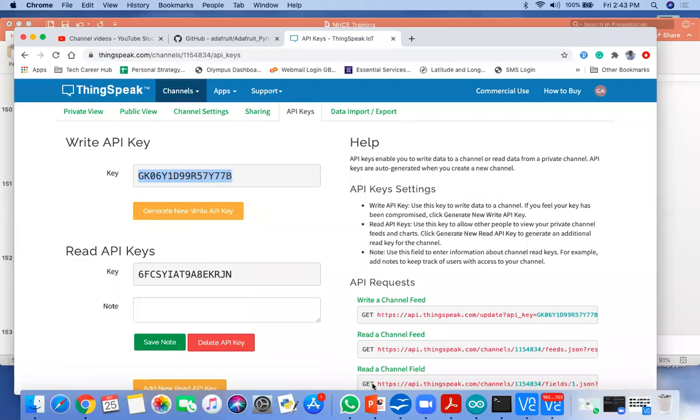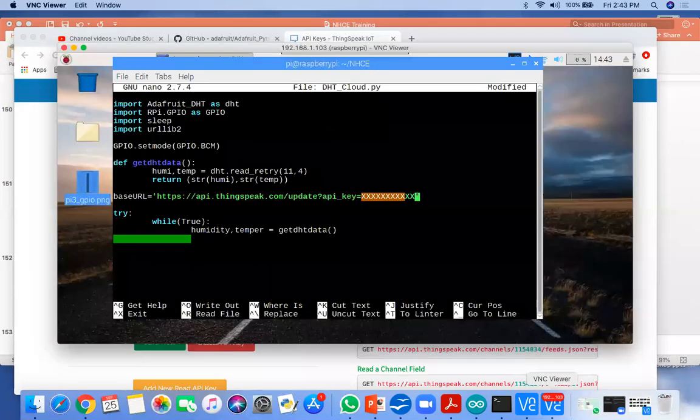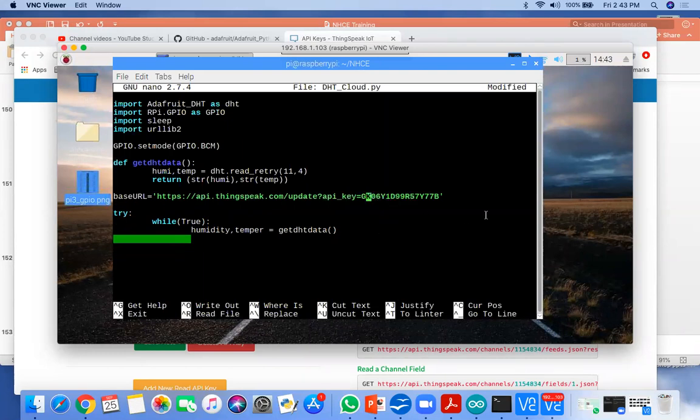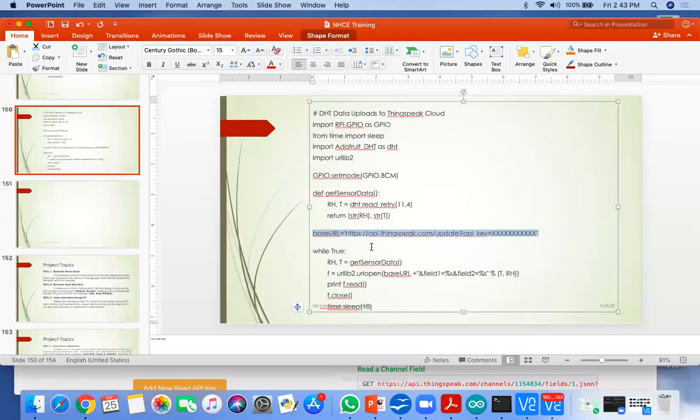So this is my write API key, and I have to paste it here. Yes, the write API key is done. And next, you again need to execute this command.